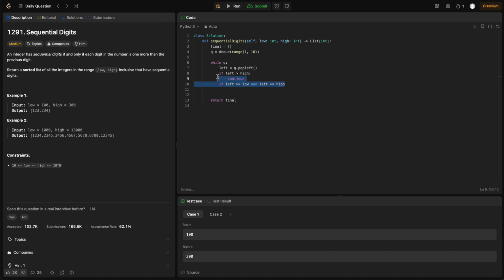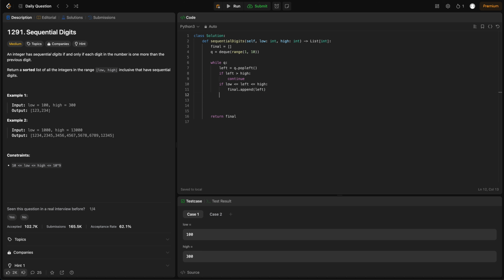This is one way to do it, but it looks nicer to me if we just do this, right? So that's literally just this. So if it's in the range, right, we would just add it to our final, so just do final dot append